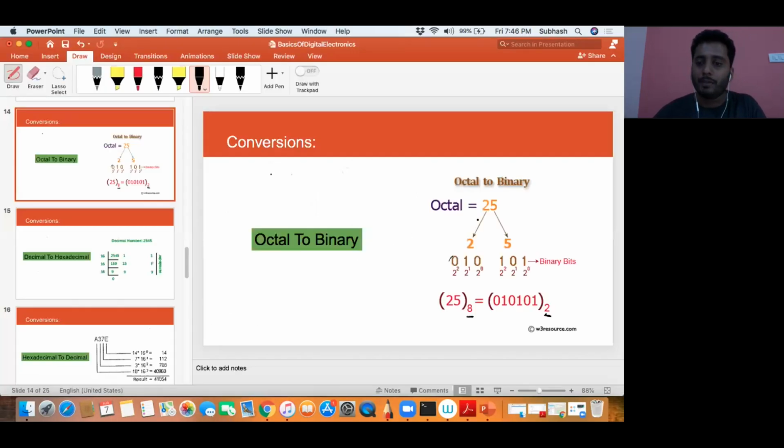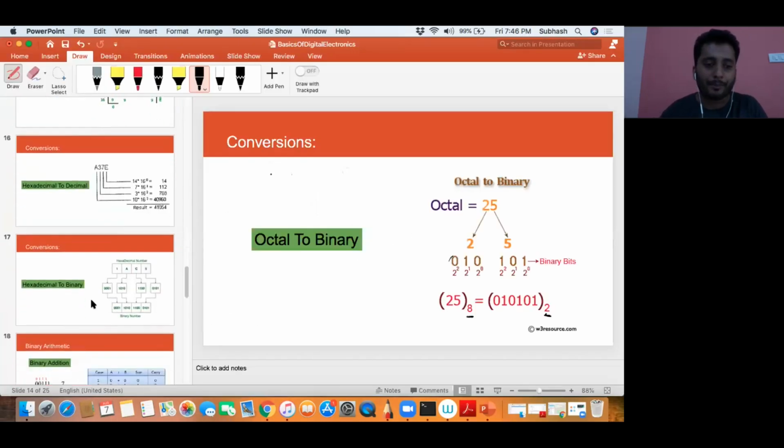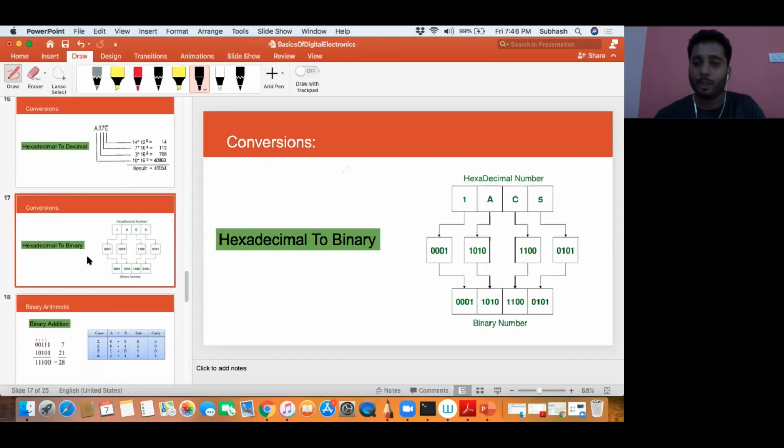So that is the reason, if you see in this current example where I'm trying to convert from hexadecimal to binary, each number is represented using 4 bits and not 3 bits. In octal we represent using 3 bits, whereas in hexadecimal we are representing it in 4 bits. And finally we attach all the binary formats of all the 4 digits of hexadecimal, and we get the final binary number. So this is how we convert a hexadecimal number to a binary number. Hope you guys understood that.